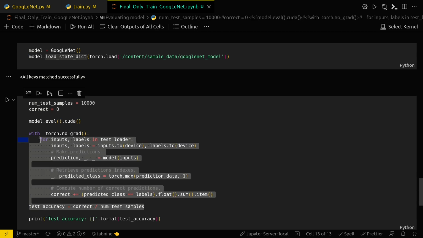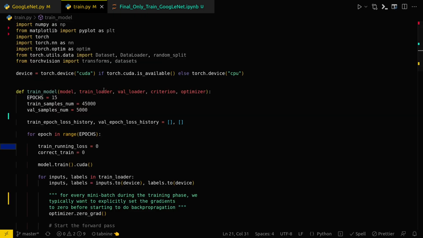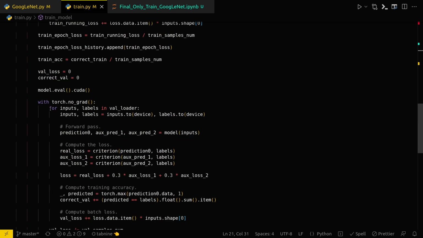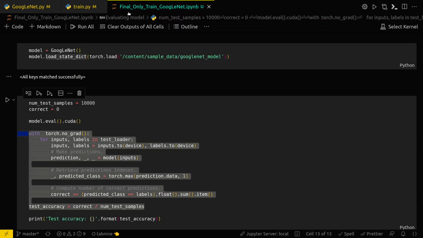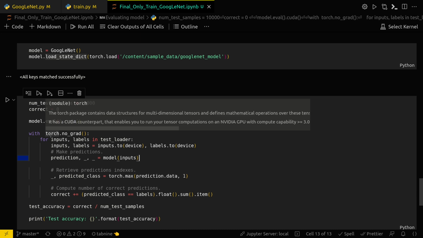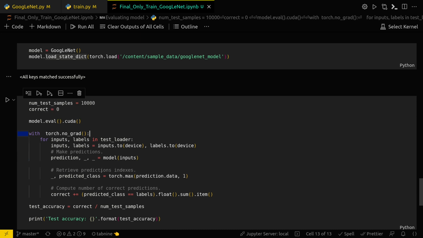And here again, this block of code is exactly like my block of code for the validation part, that is here. Only difference is that it is even simpler, and there is no separate loss calculation as such. So here I'm just doing a torch.no_grad to switch off the gradient calculation. Then I'm looping over the test loader DataLoader,